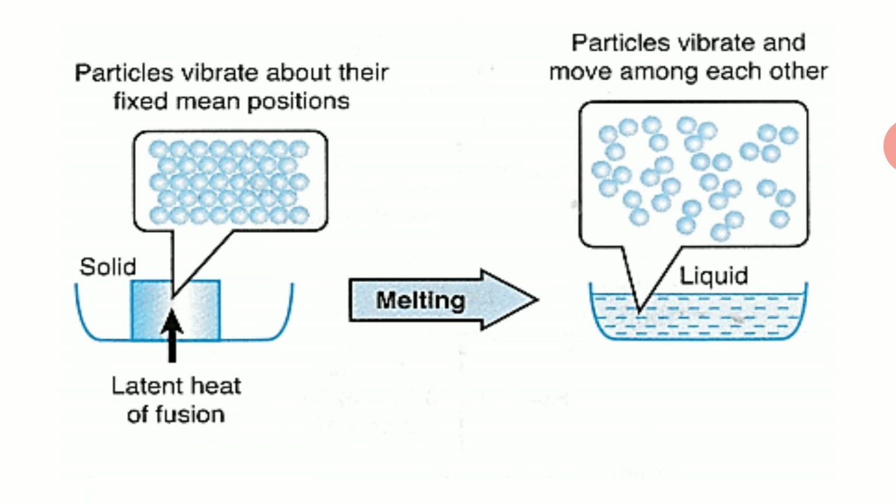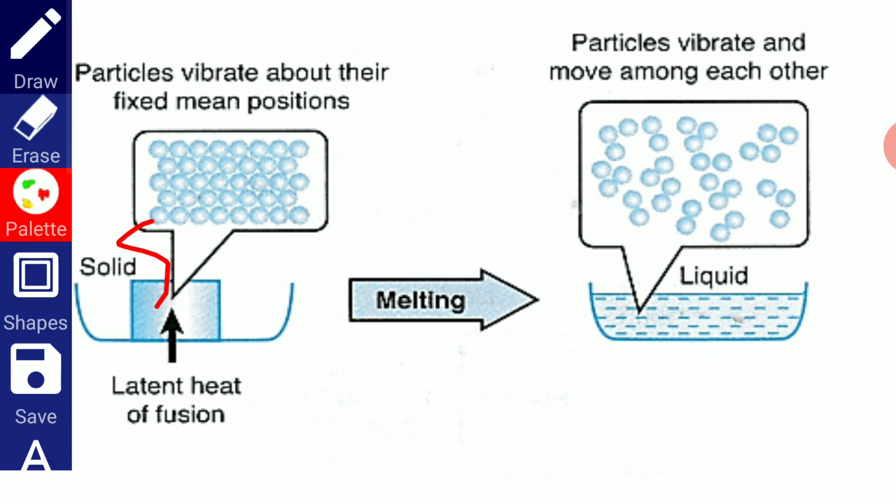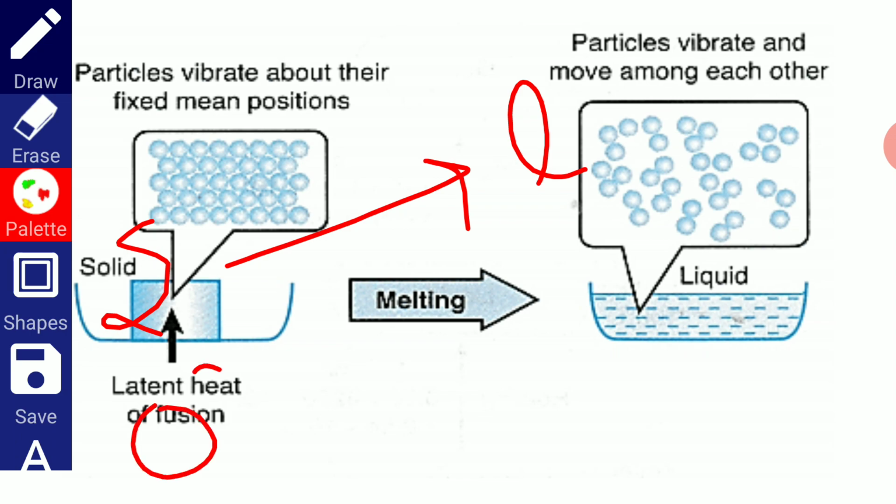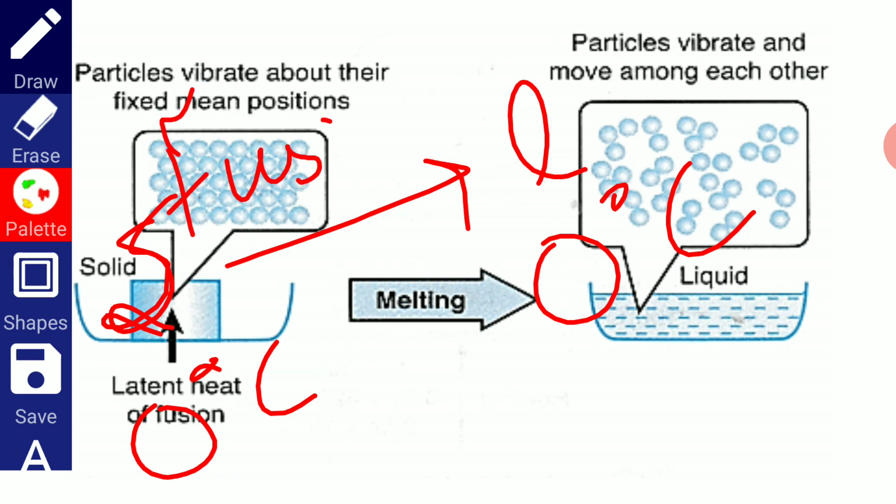At 0 degrees Celsius, that is at the melting point of ice, the ice will start converting from solid to liquid state, and the temperature of the solid, that is ice, will be 0 degrees Celsius, and the liquid obtained at the melting point will have the same temperature of 0 degrees Celsius. The conversion of solid to liquid is called melting, and it is also called fusion.